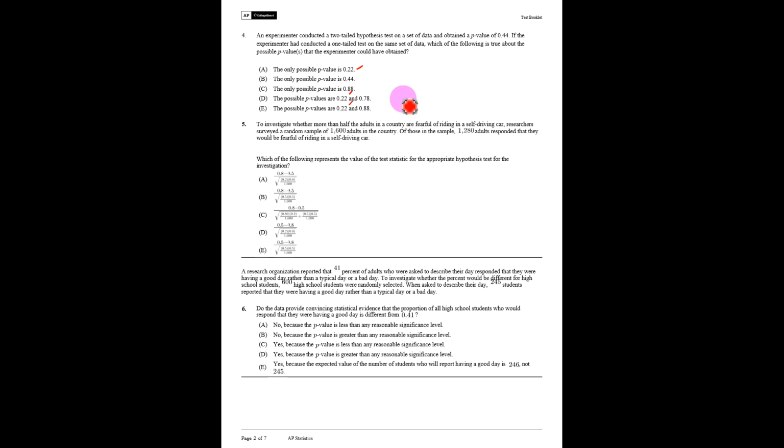Here's where it gets a little weird. So a two-tailed hypothesis is 0.44. That means there is 0.22 there and 0.22 there. So the idea, though, is we don't know if they're talking about this would be not equal to. So the problem is we have these things right here. So there's 0.22 this way, and there's